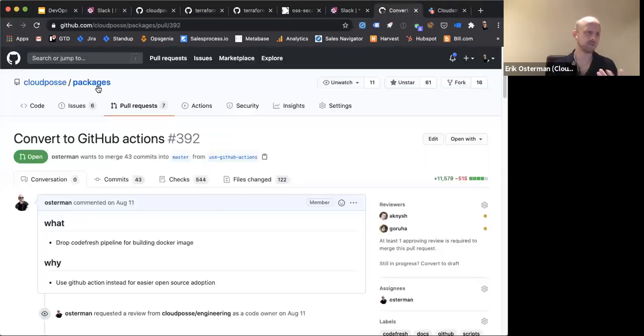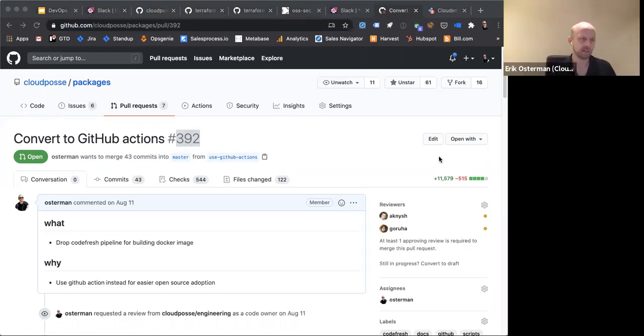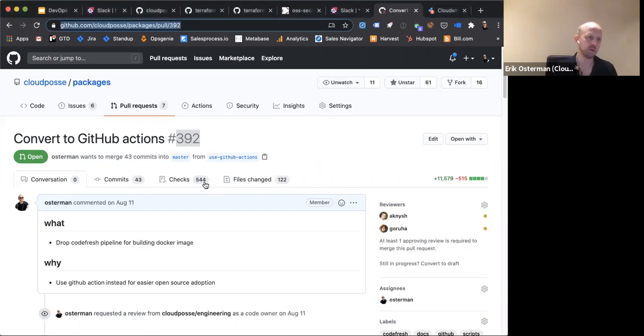And the best of all is if you go to, well, in this case, pull request 392. Now, this is probably not the best pull request to take a look at because it is massive. It actually does GitHub Action code generation. So that's why there's so many files here. But the pretty rad thing about this is, check this out, 544 checks run as part of this GitHub Action.